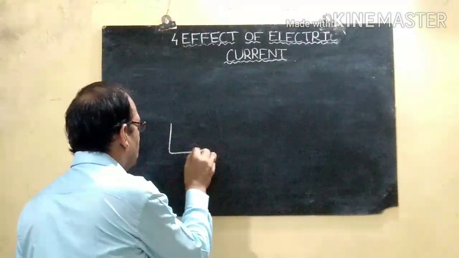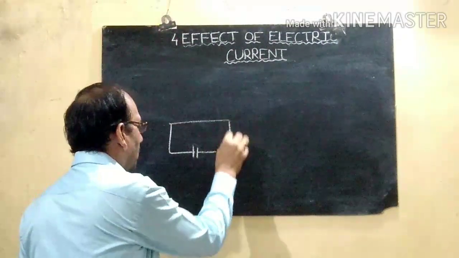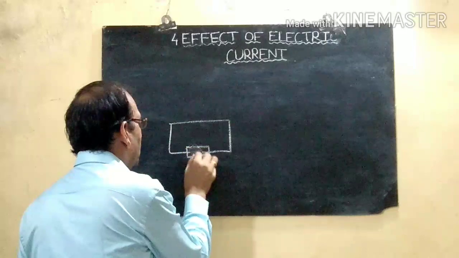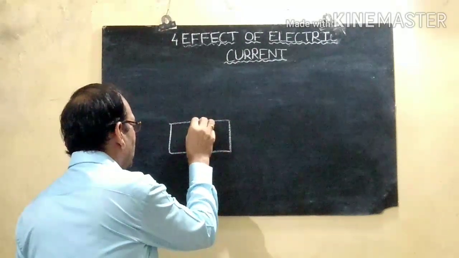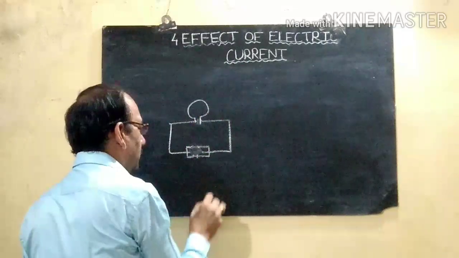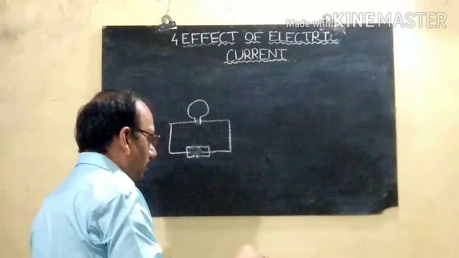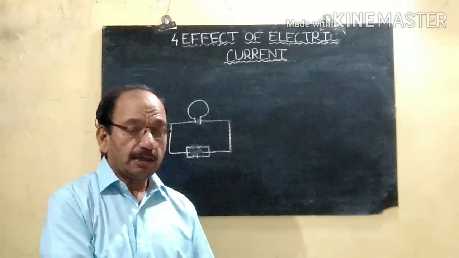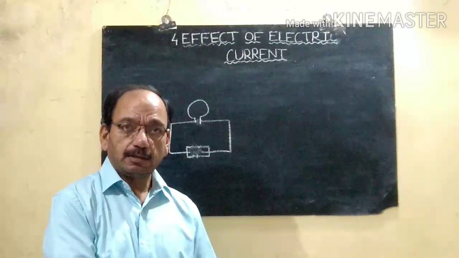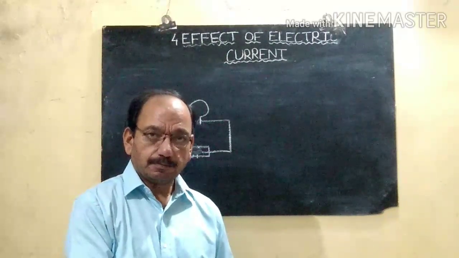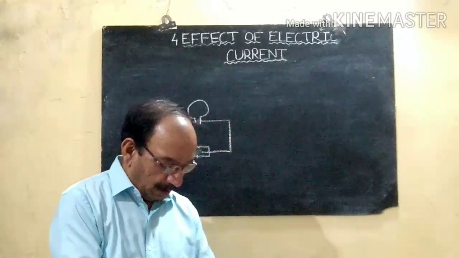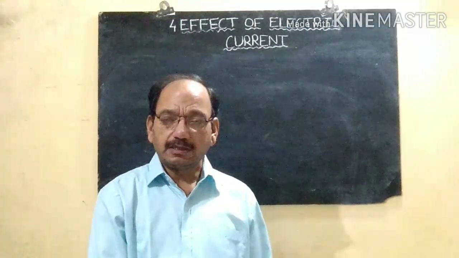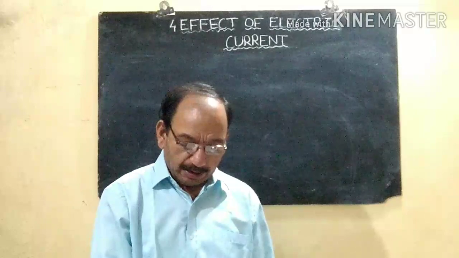Suppose this is a simple circuit. When we place an electrical cell here, a durable electrical cell, then current can flow in this electrical circuit. Faraday thought about how he could produce current without using a cell, without using any chemical or any battery, and for this he did a number of experiments. Now we discuss the term Faraday's electromagnetic induction.